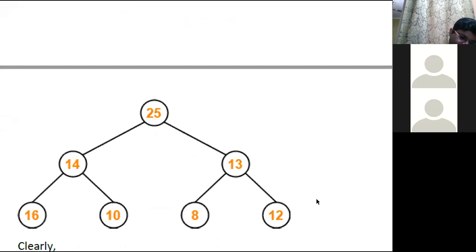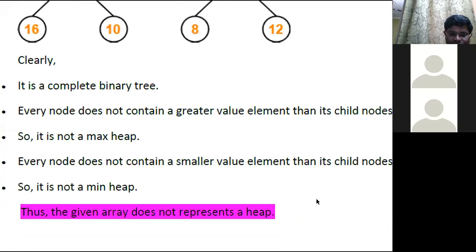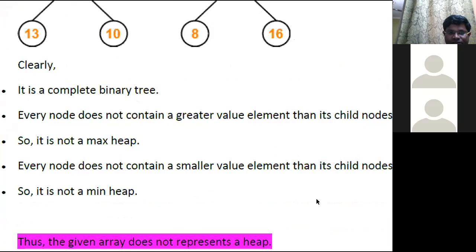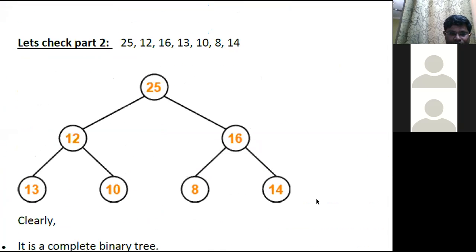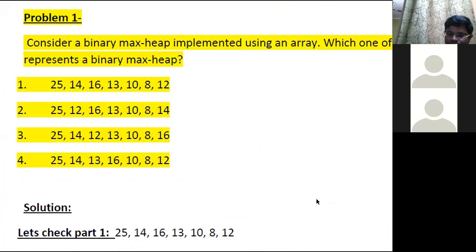So we can say that the max heap property is not satisfied. If it should be a max heap, then we have to replace 14 with the 16 value. But at present, the given tree is this, so we can say that it is not a max heap. So by checking all the 4 cases, we can say that only the first part will satisfy the property of max heap. So this is the example.